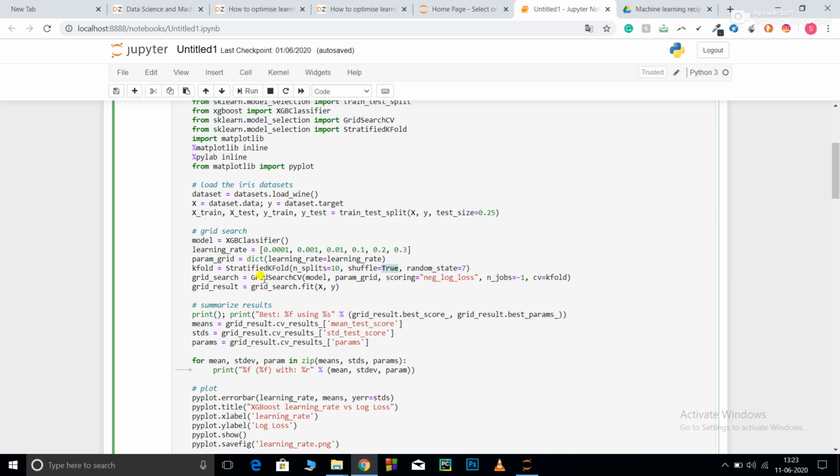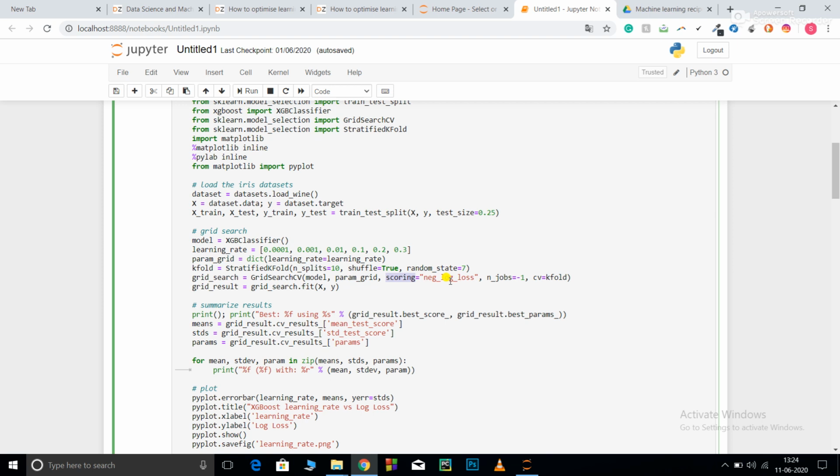So you need to write grid search CV. Then you need to pass the model name. Since I initialized my XGB classifier under the name model, I just need to write model over here, then param grid. Now the scoring methodology is log loss. Log loss is used for classification type problems with two or more than two classes.